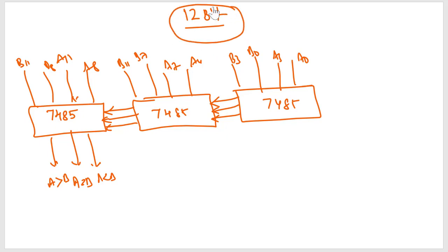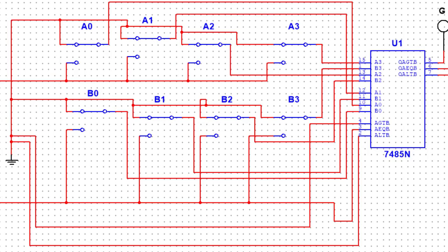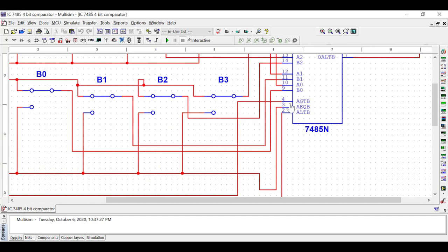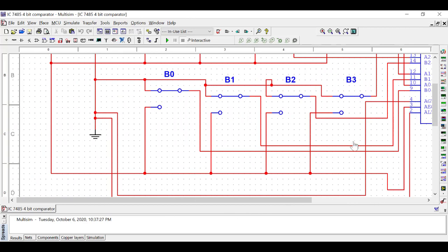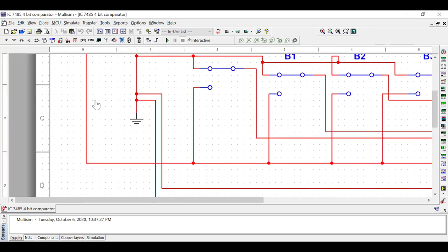Now I am going to show you a 4-bit comparator using Multisim software, how your comparator compares two 4-bit numbers. Now we'll try to see the Multisim simulation of your IC 7485. You can see here we have used the same IC, where you can clearly see the first 4 bits are connected here: A3 B3, A2 B2, A1 B1 and A0 B0. Now if you look at here clearly, your A greater than B and A less than B inputs are both connected to the ground. Similarly, A equals B is connected to the power supply.